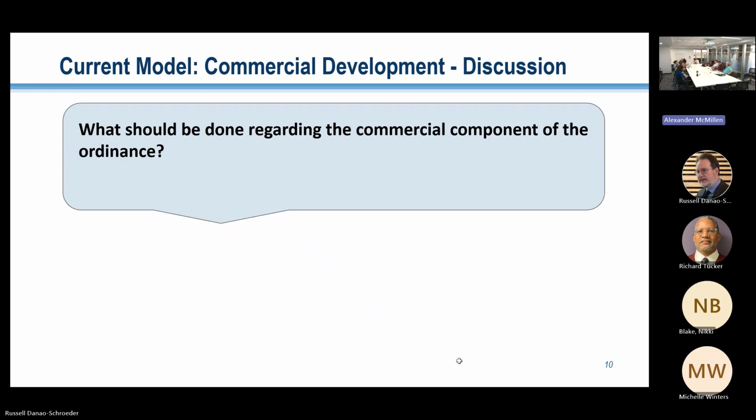So while Russell is looking at that, on the commercial side, the options are basically either to maintain the current structure and contribution rates, or to do some sort of tinkering where you raise in parity in a similar way to what we're doing with the AF contribution scheme. Now, I personally, because of the difficulties with the commercial market, would prefer to leave this as is. Once Russell pulls up the numbers, it'll be helpful to get a better grasp of the percentage of contribution there.